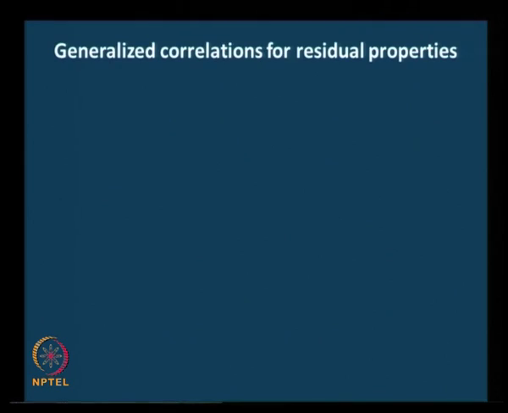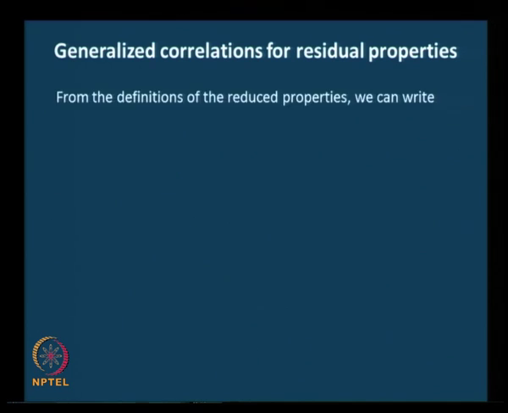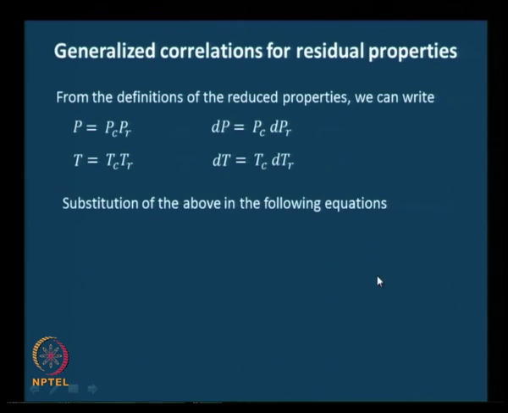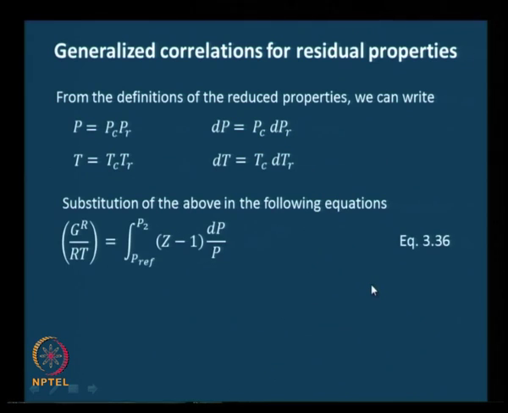In the last class we were in the middle of developing generalized correlations for residual properties, and we said from the definitions of the reduced properties we could write the actual pressure as the product of critical and reduced pressures, and therefore the differentials. For example, the differential dP can be written as Pc constant times dPr. Similar things could be done for the temperature,